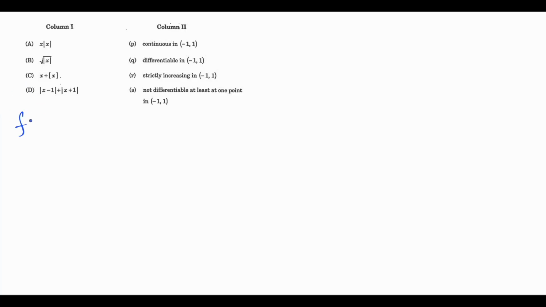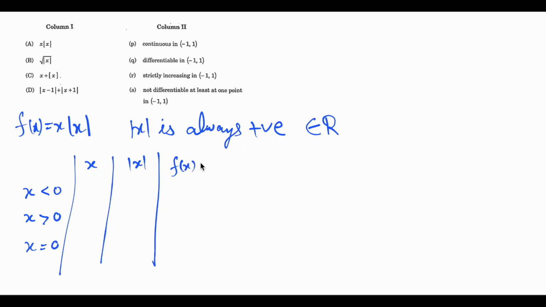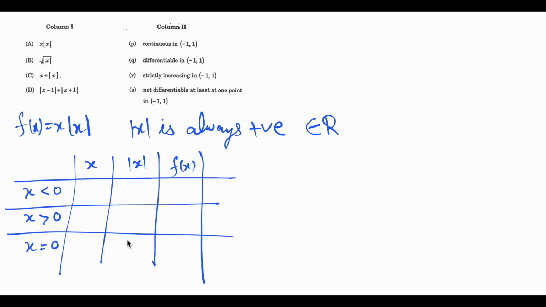Okay, so let's start with the first function, which is f(x) equal to x mod x. Function f(x) is combining both the functions x and mod x, where mod x is always going to be a positive function in all the cases. And so next what we are going to do is make a chart in which we are going to find out the values of x mod x and then how the function f(x) will be behaving